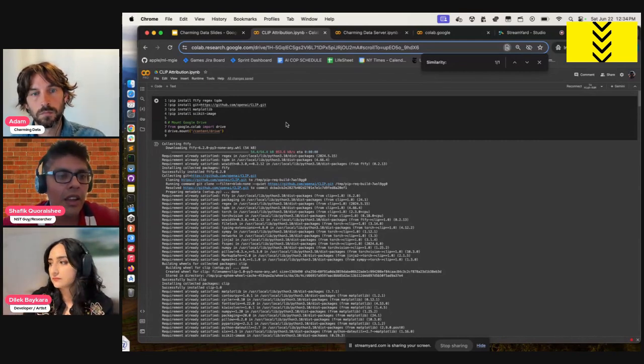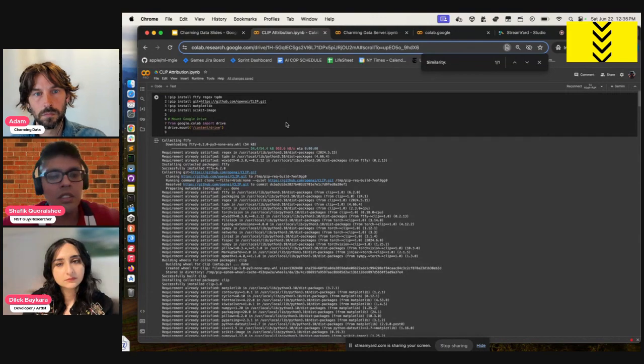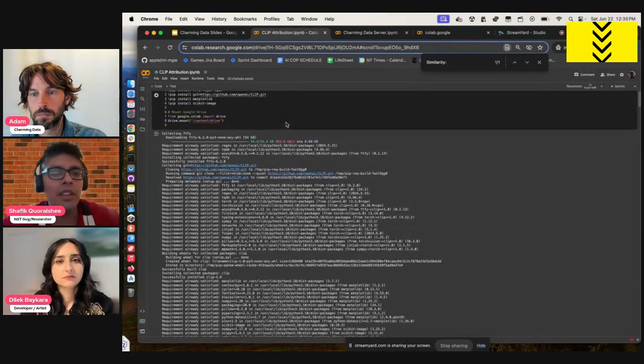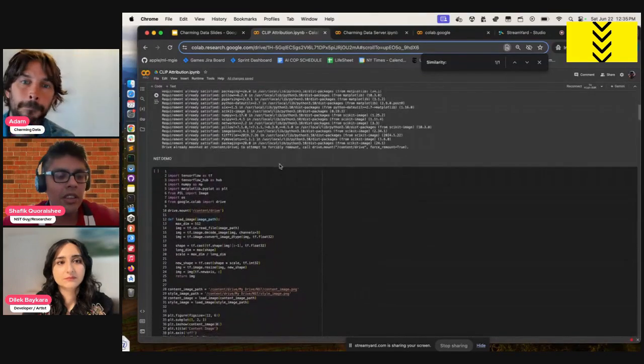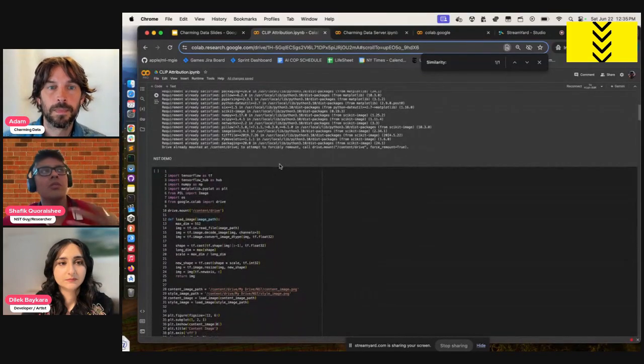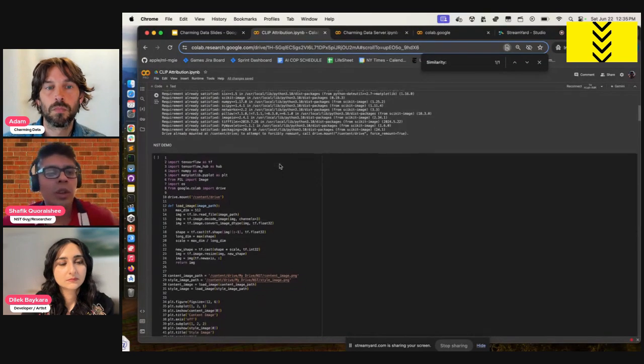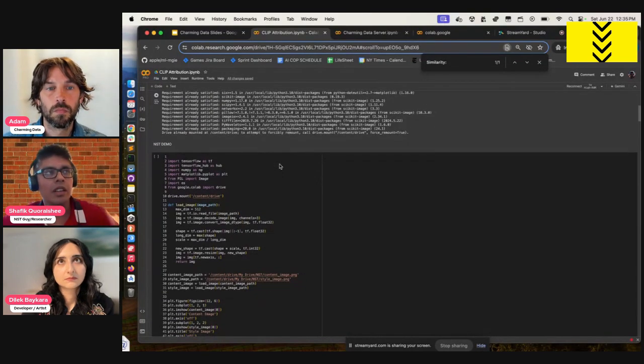So essentially, we install our dependencies. I have all my dependencies installed right off the bat. There's a few demos here that I'm not going to run, that I have pre-run just to demonstrate. We saw the demo in the beginning, so this is the code that helps facilitate that.